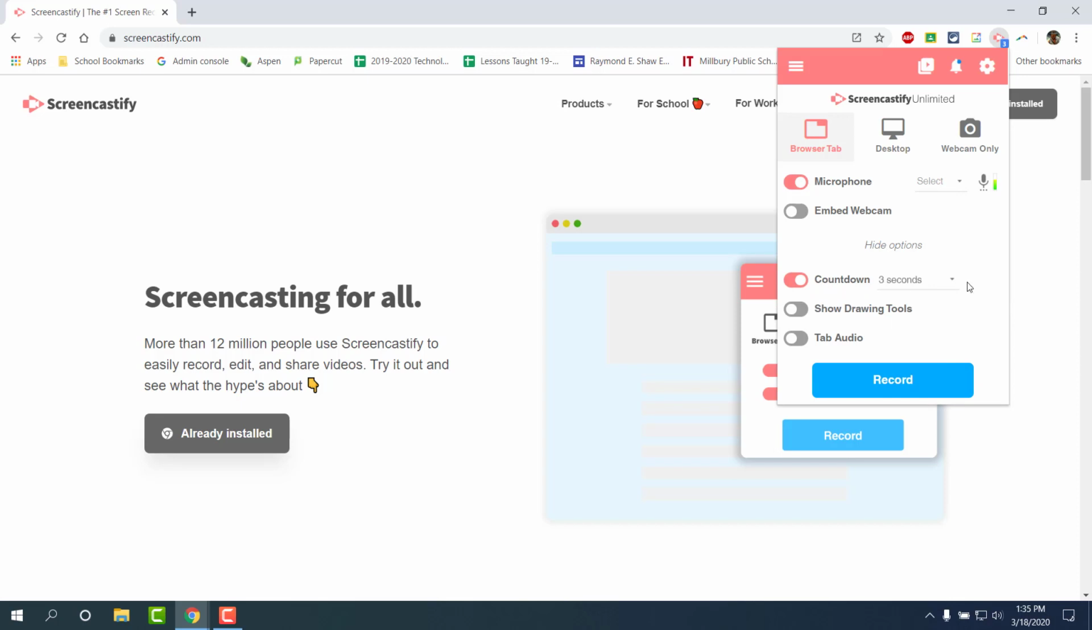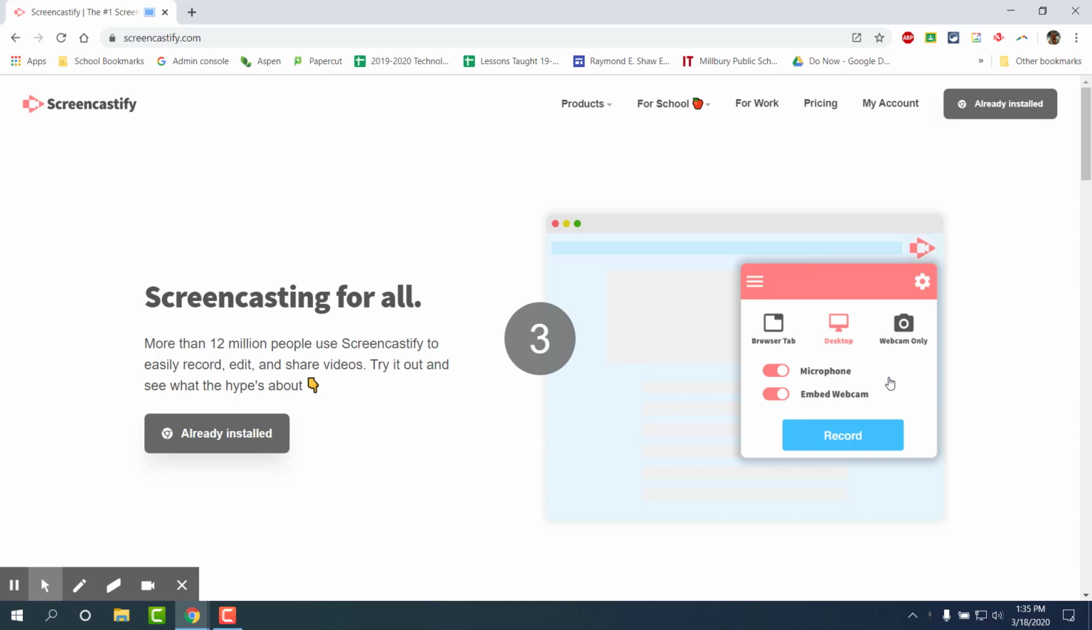I have a countdown on the screen. I can show the drawing tools, but since I'm going to talk to you, I won't use them. Feel free to test drive a lot of these however you want, but I'll turn it on for now. So hit record,